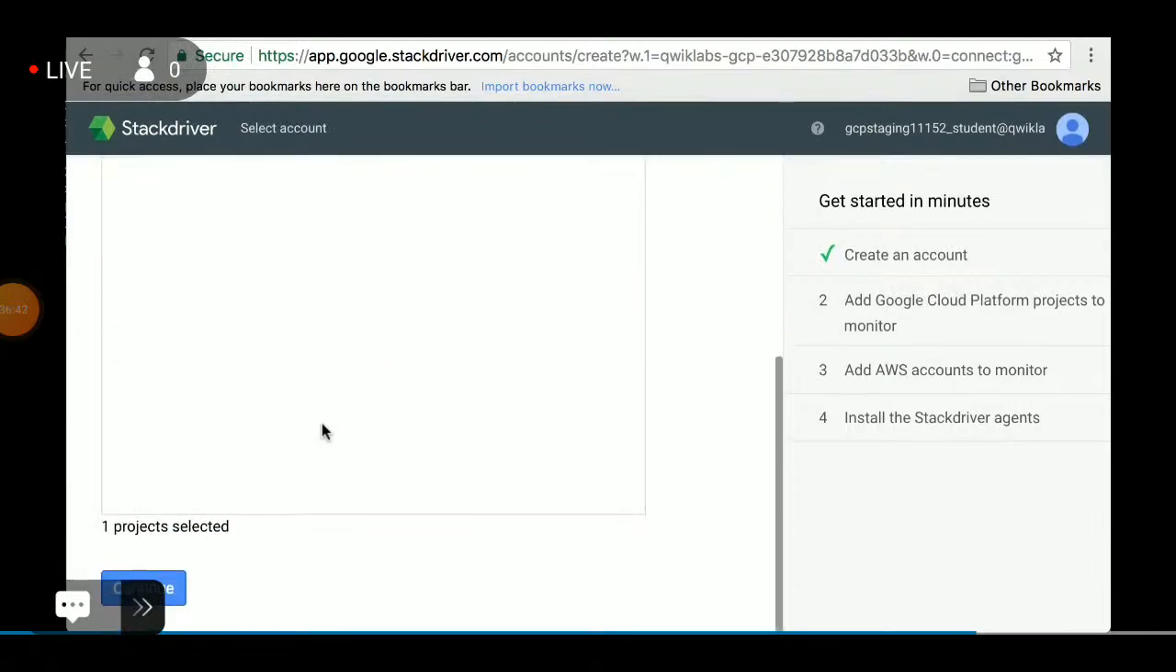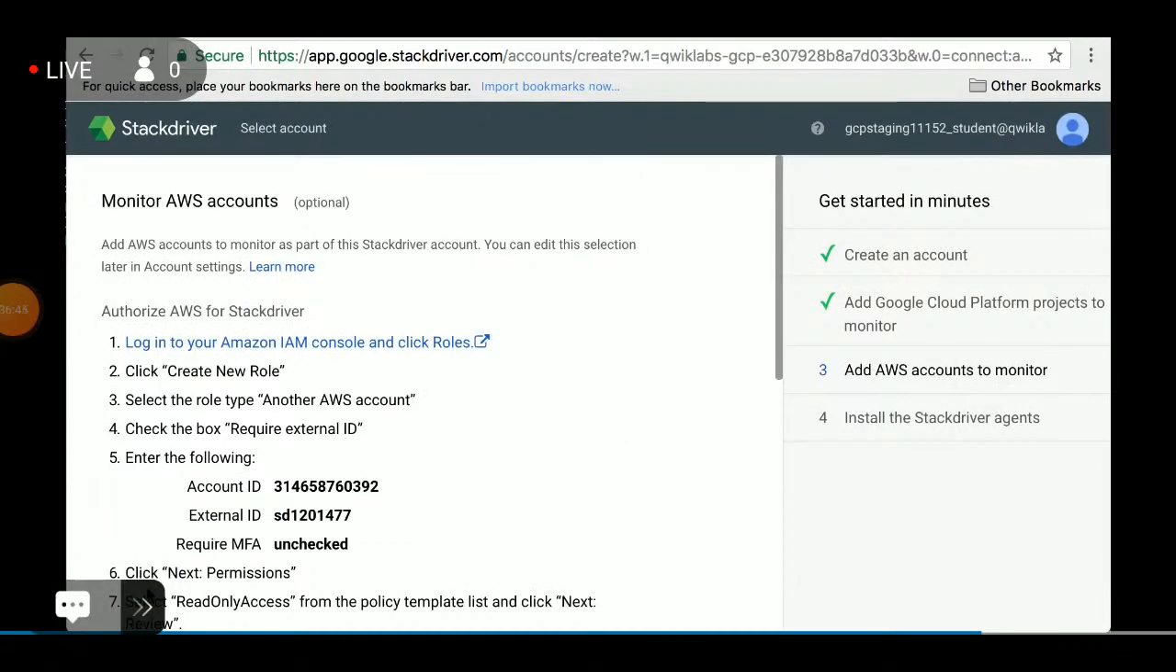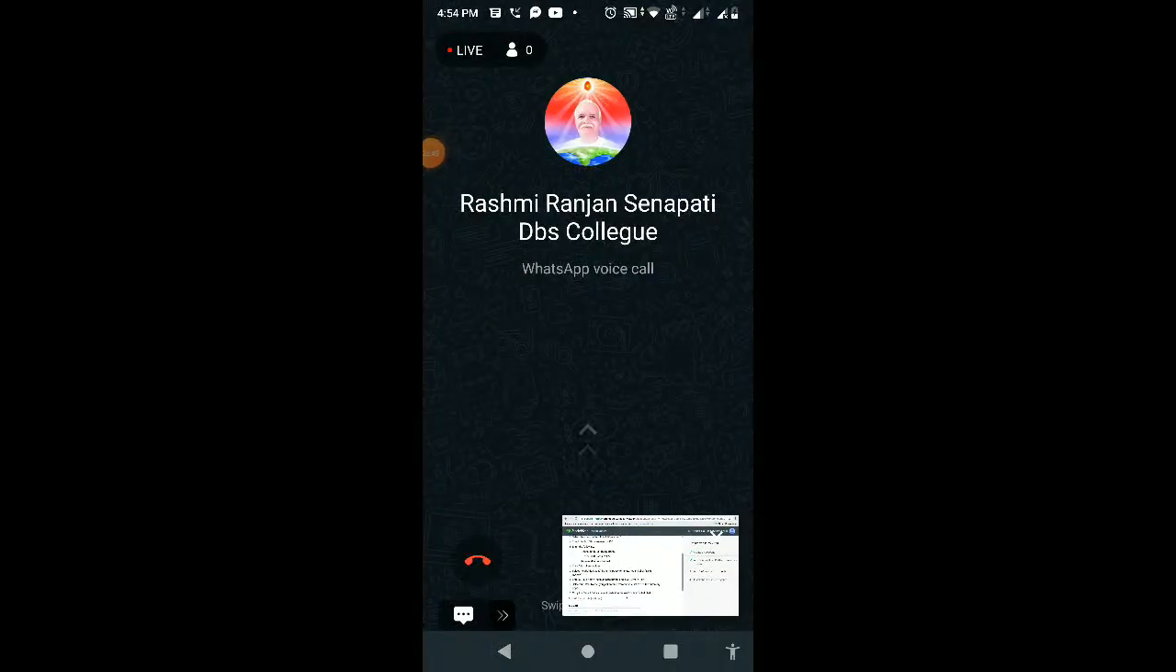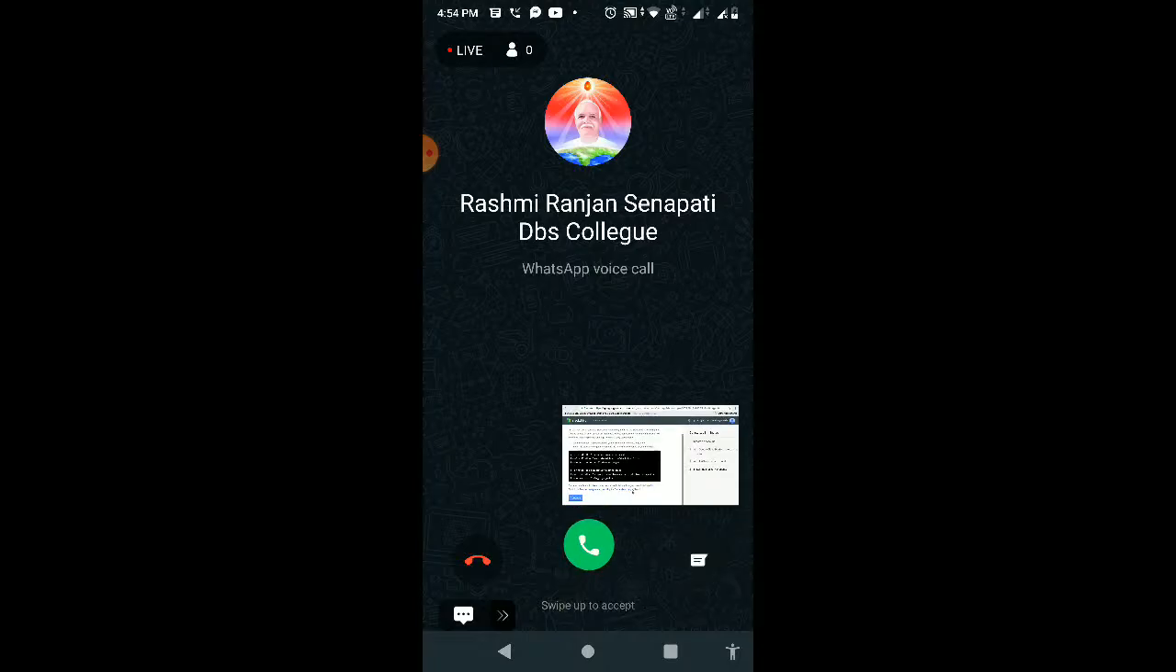And we'll confirm that we wish to monitor our GCP project. For this particular activity, there's no need to install Stackdriver monitoring, so we just click